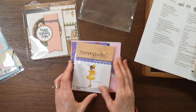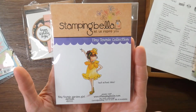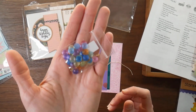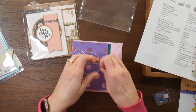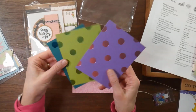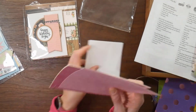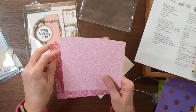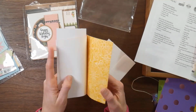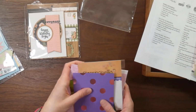So this third collection has Tiny Towny Garden Girl Daffodil from Stamping Bella. It's a rubber mount stamp. Some fun swirly sequins, some twine. And then here are some cardstock pieces with some foiled dots on them. An envelope, and then this is Bundles of Blossoms by My Favorite Things. So single-sided, just floral prints. It's fun. And then the last collection